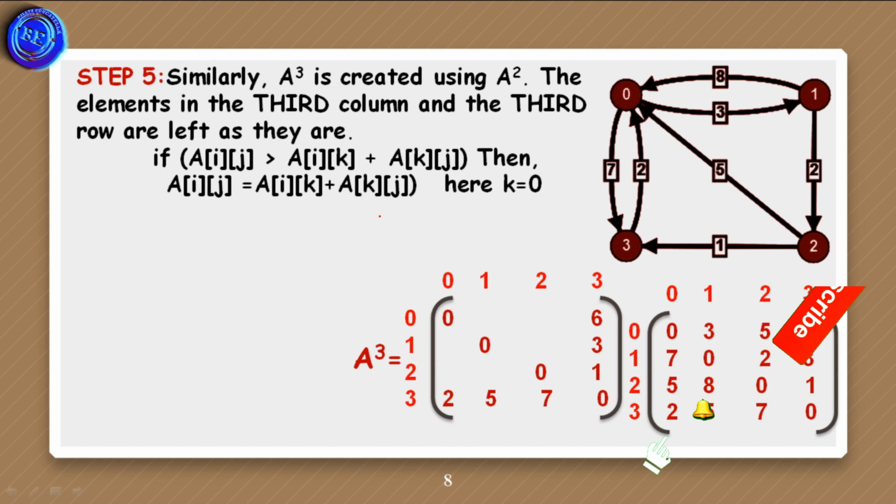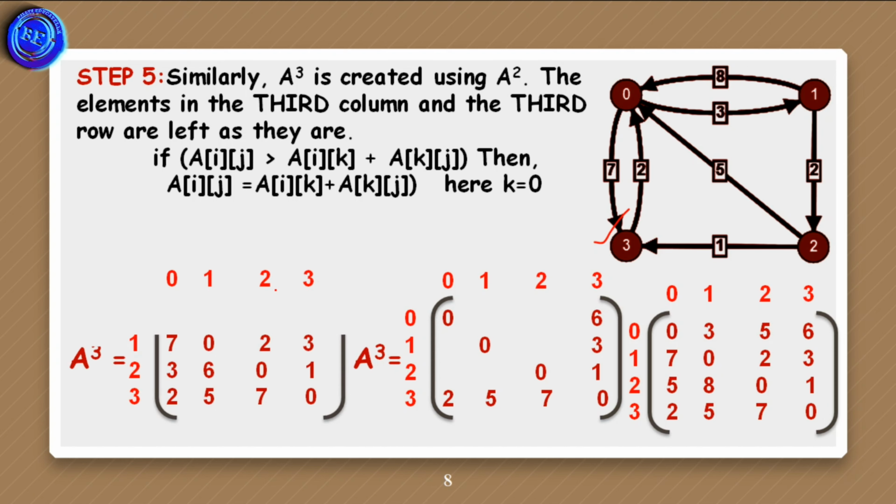Coming to the fifth step, in this step 3 acts as the intermediate between the two nodes. So here the third vertex acts as the intermediate. After calculating the values, I am representing them directly. At 2 0, its value is changed to 3. Actually the value is 5, but it was changed to 3. And 2 1 is also changed. Actually its value is 8 and it is updated to 6. So by using the Floyd-Warshall algorithm and the formula, we calculated the shortest path for all the vertices. I hope you understood it.